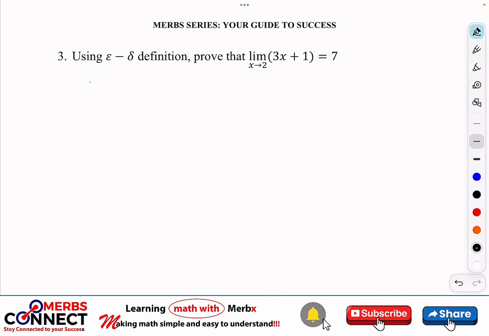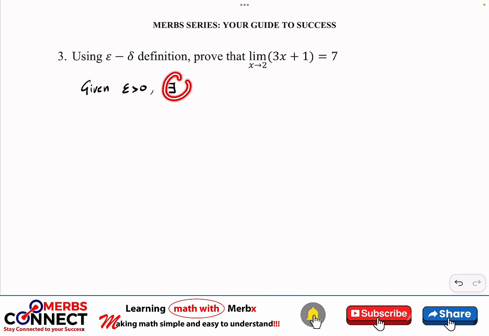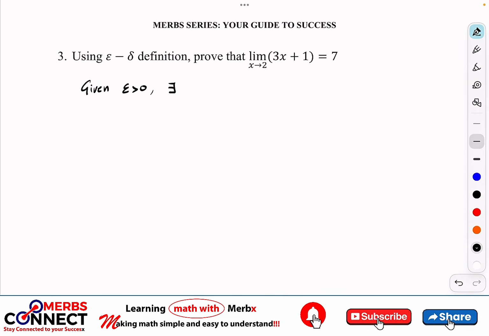So let's go through it again, given epsilon. I'm sure by this time you are trying to remember how to do this. There exists. So I can use this backwards E symbol, which is the same as there exists. So I'm replacing it by that. So there exists delta. Delta can even depend on epsilon greater than 0, all of them, such that